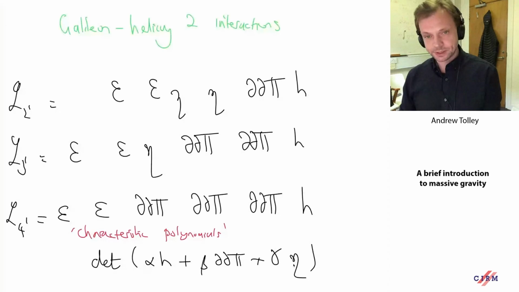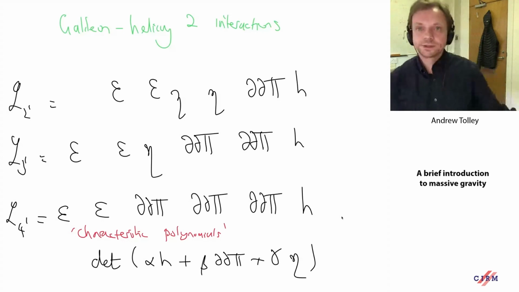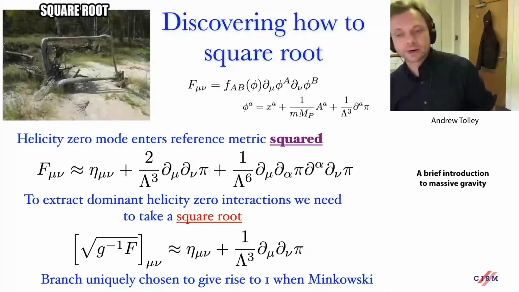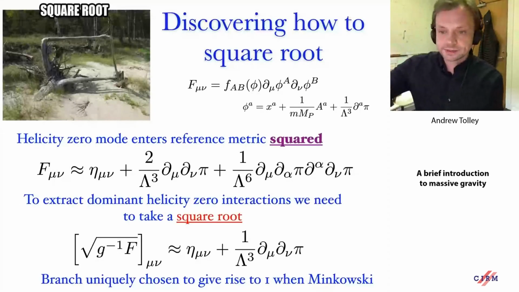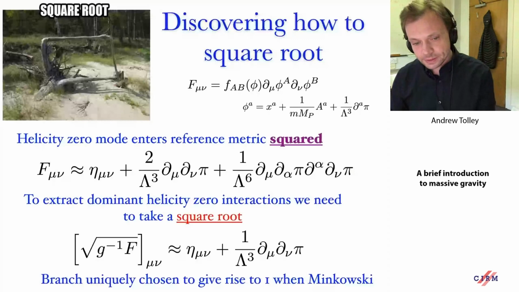all the possible terms I can get are superpositions of this term and this term. These are sometimes referred to as characteristic polynomials. So that brings us back to the square root structure. Once you recognize that in the so-called decoupling limit, or small mass limit, the square root of this metric